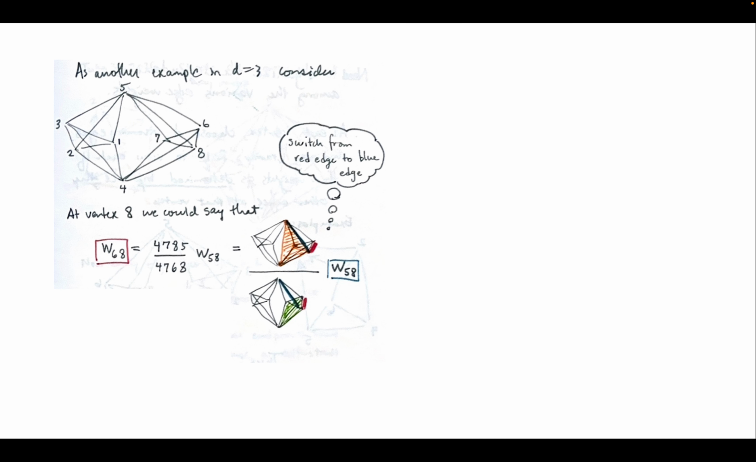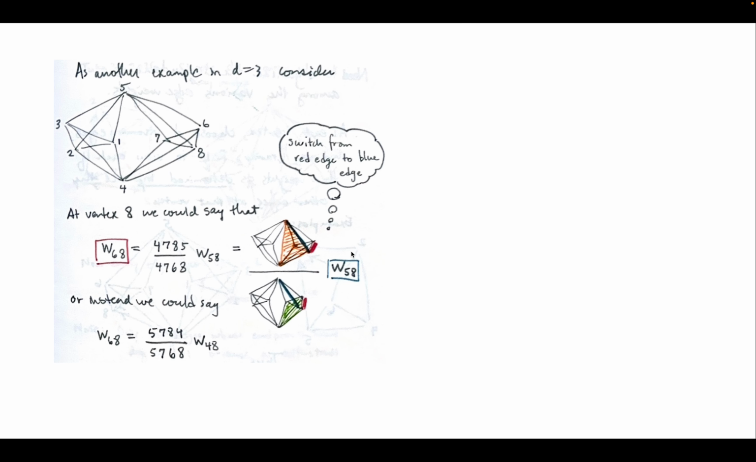So let's look at edge 6, 8. Then it's a ratio of these volumes here, which expresses it in terms of edge 5, 8. So 6, 8 can be expressed in terms of 5, 8. You can kind of view it as going from the red and then swiveling over to the blue. Requires these two